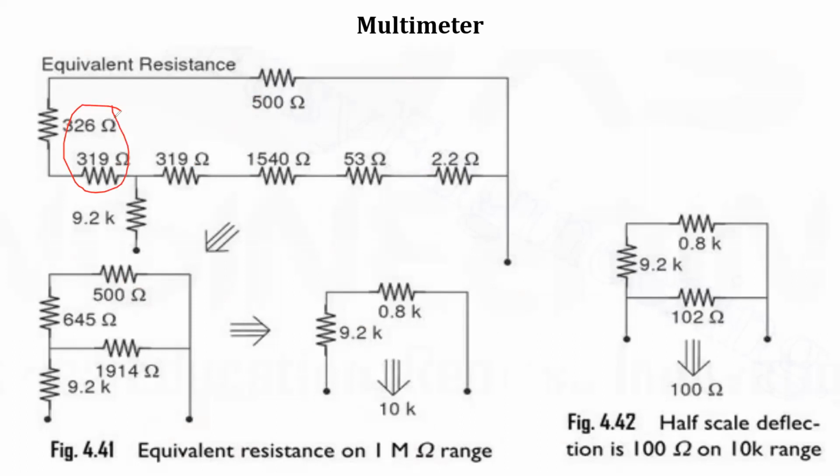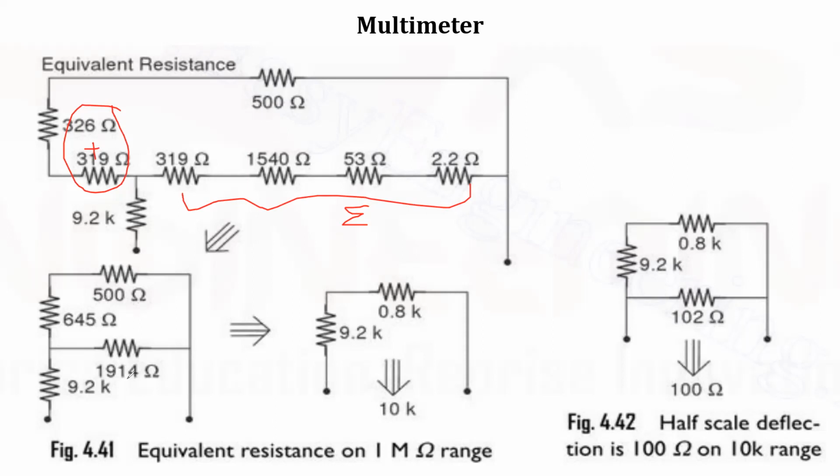This is 645, the summation of these two resistors, and all these resistors are in series. Here I am taking the summation of all these resistors, therefore that is 1914 ohms. Then this is the resistance. This is the equivalent circuit diagram for the above circuit. Thereafter it is going to be converted, as these two resistors are in parallel.